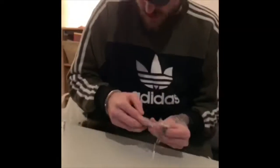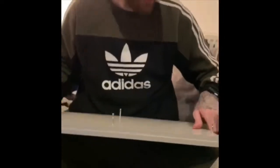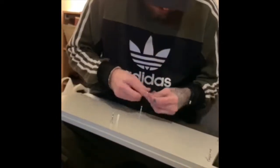So we have to do this. Okay, so that's one side there. And repeat the process again on the other side. So again, we screw that face up. Then start using 1, 2, 3, and 4. Okay, so now